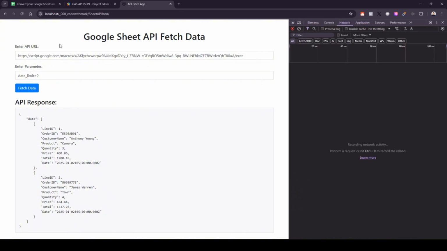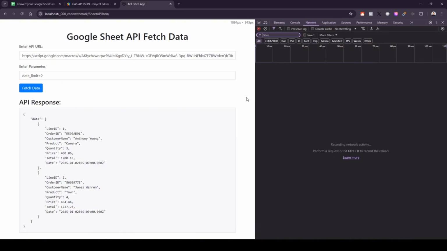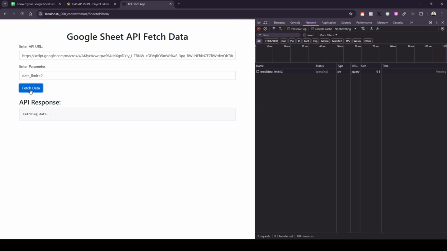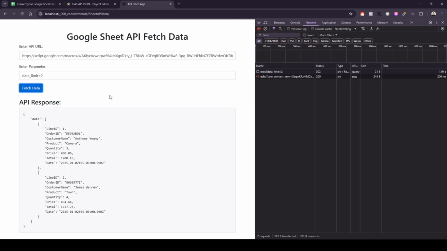I'll show you how long it actually takes to get the information that you want. So let's just say this is only 2 rows, right? And then I'm going to click on fetch data. It's going to go to Google's environment, look for the sheet, then process it, and then come back in here. And it takes the whole trip